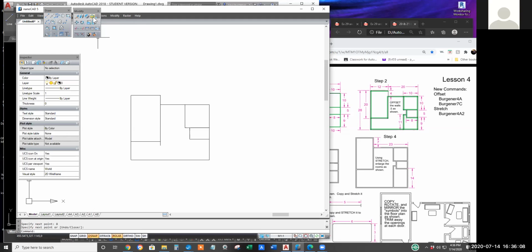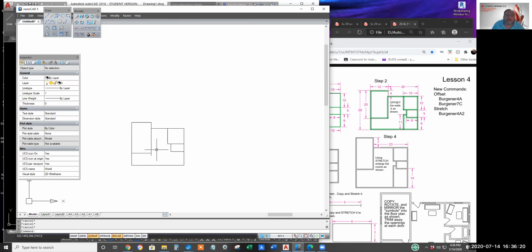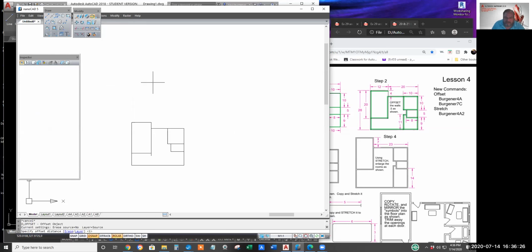So we'll make sure it says command prompt. If it doesn't say command prompt, hit escape if you've got grips on. By the way, I can trim this little whisker away anytime. So click on the offset icon in NanoCAD. Just like AutoCAD, it says specify the offset distance.